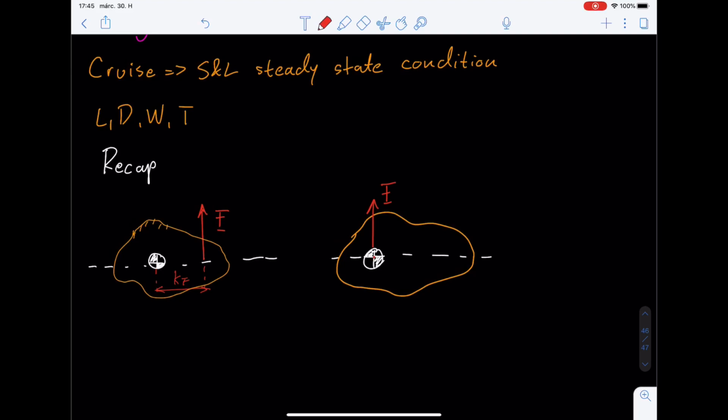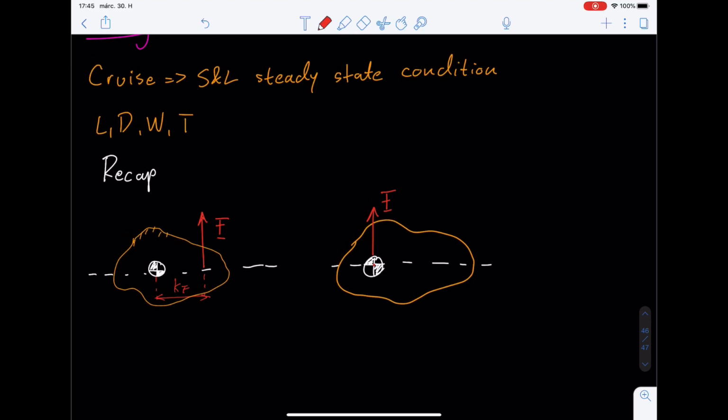But in this case, we're neglecting something, so something else needs to be added before we can do this. If this force isn't acting in the center of gravity but has an arm to it, it's also going to have what is known as a moment around the center of gravity. And we can see that on this arm, this force is going to be rotating the body around the center of gravity